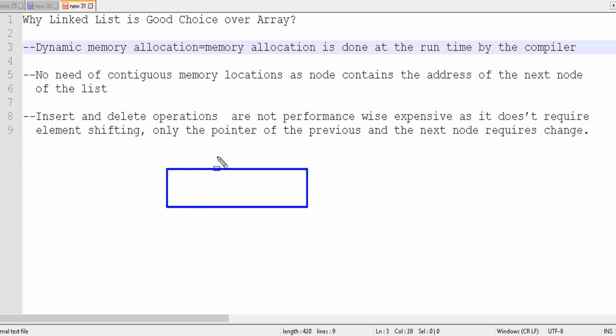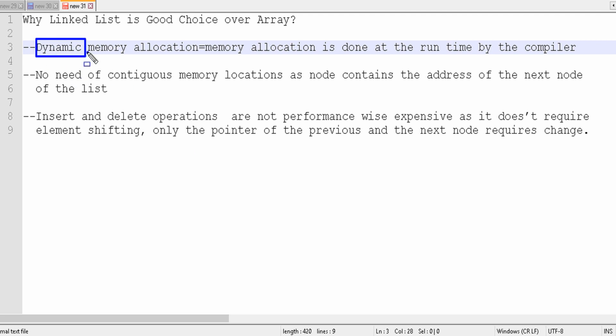But in a linked list there is no shifting of anything. Only the pointers of the previous and next nodes need to be changed, nothing else. No shifting of elements is done here.